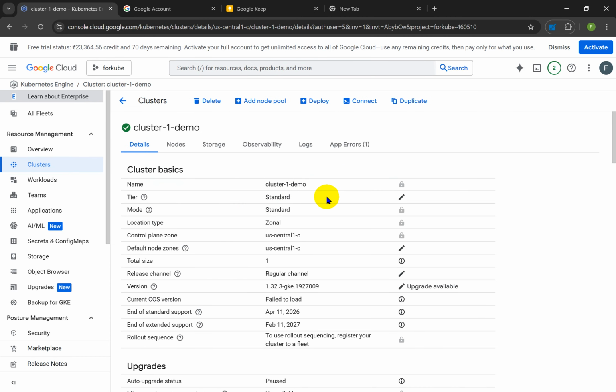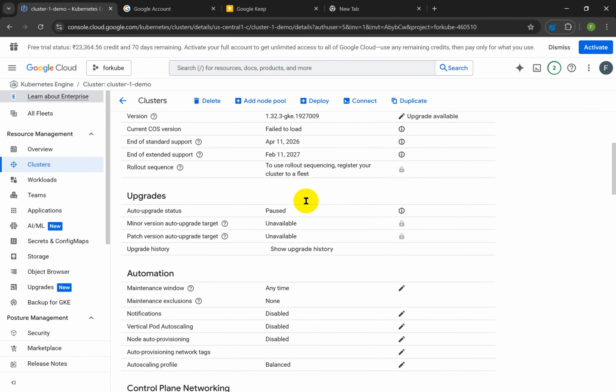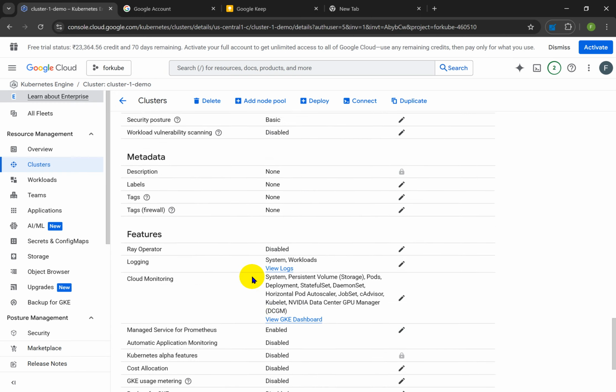See, cluster 1 demo, standard, zonal. Okay, so here we are in our